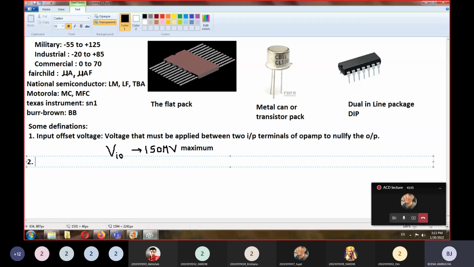The second parameter, which is very important, is known as input offset current. I request all the students to just note down these definitions because we are going to deal with this. Input offset current is denoted by IIO. Now you can define it as the algebraic